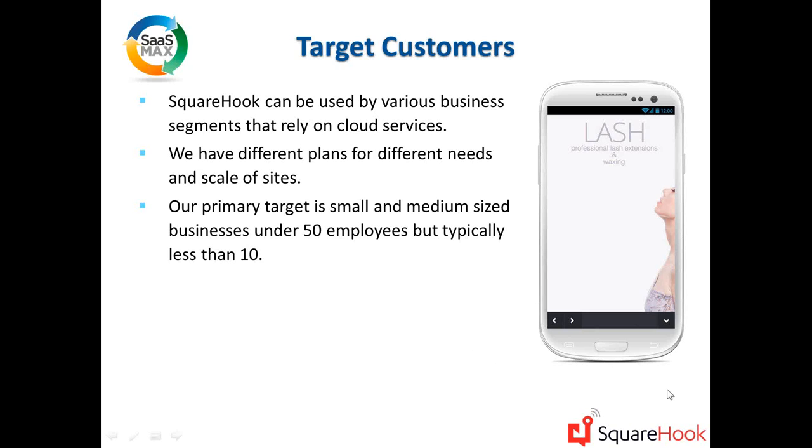Our application has all of the functionality open to all. The difference for us is based on how much storage you need or the number of pages, and with e-commerce it'll also be based on the number of products. So besides those items, you're free to use any functionality that the tool provides.